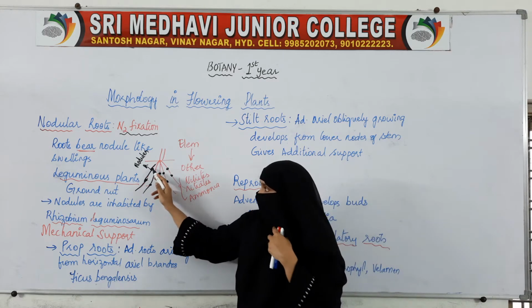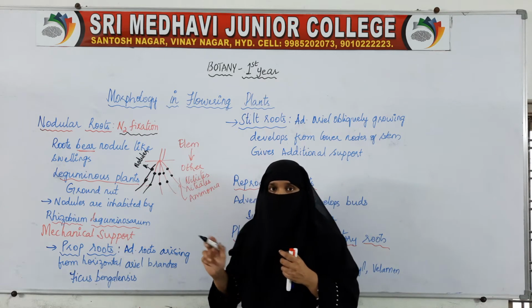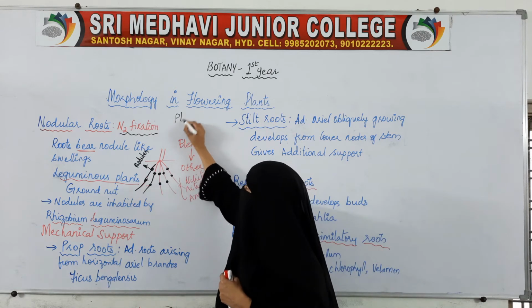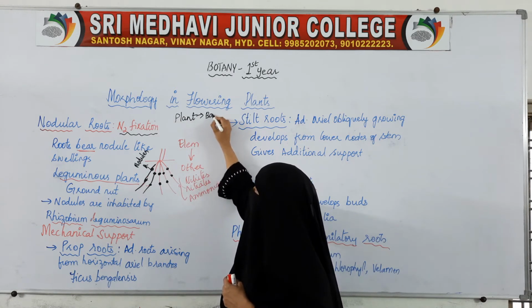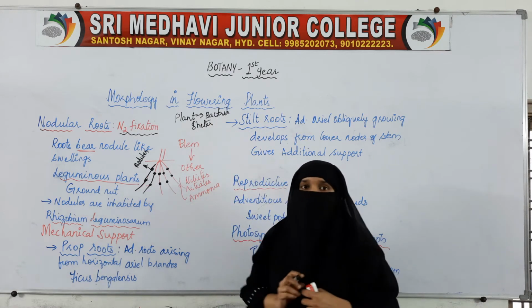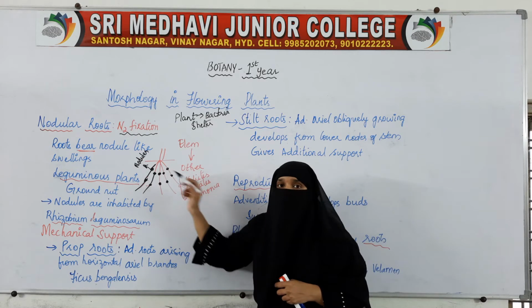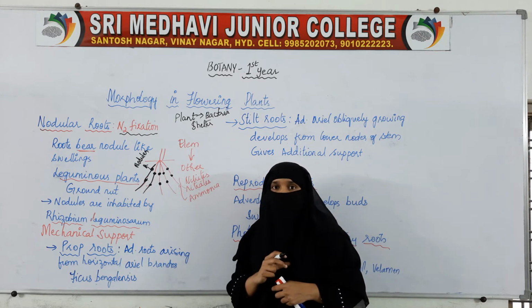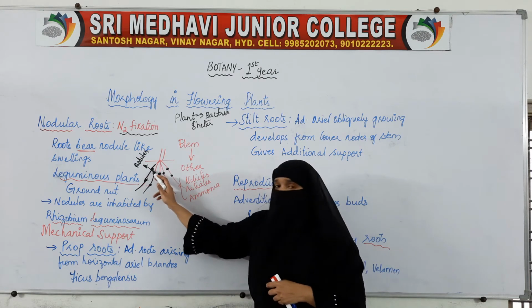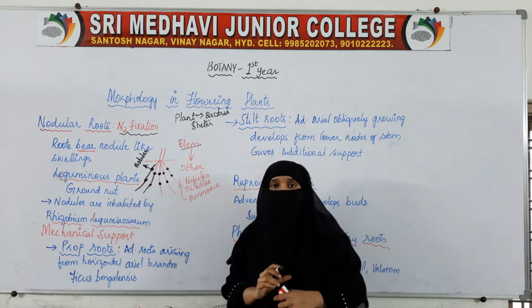Now these bacteria take shelter inside these nodules, and what is happening? The plant is providing shelter to the bacteria, that is, inside the swellings or nodules of the root, the bacteria is taking shelter. Now, what is the bacteria doing? This bacteria is converting elementary nitrogen into other forms of nitrogen.